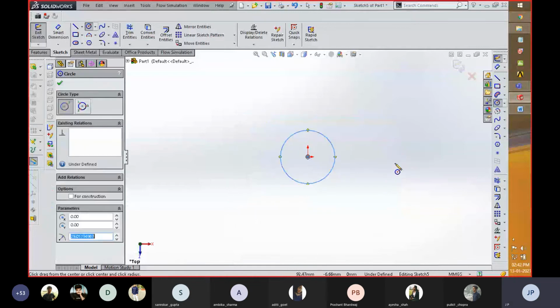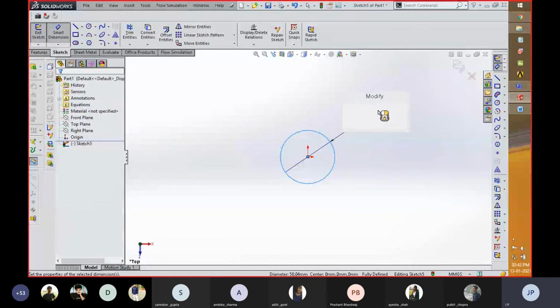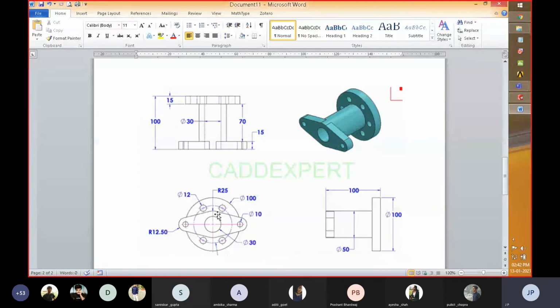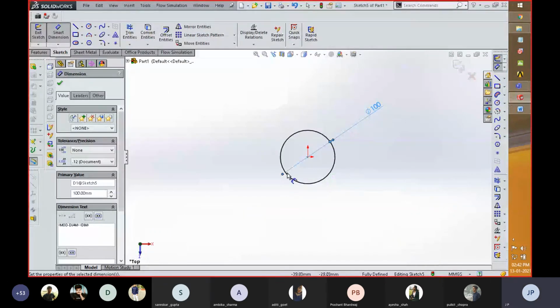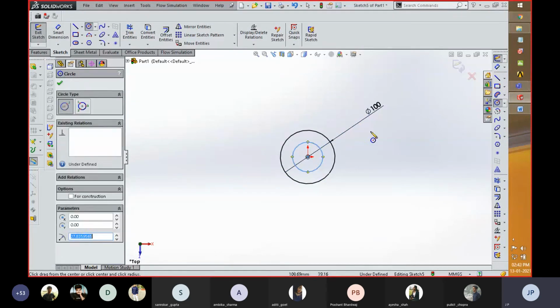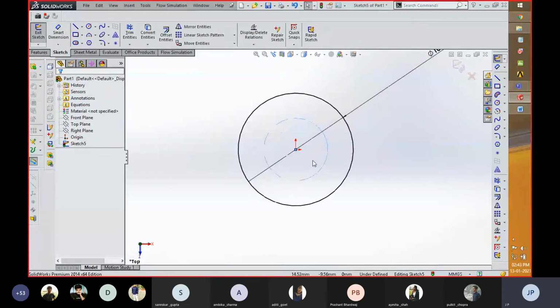Over here, I'm going to fill the value of 100 millimeter. Circle is created. And beyond that, there are a few circles which are going to be created at a certain distance, and the value is around 70 millimeter. For that purpose I'm going to create another circle, but this circle is not going to be used for creating the drawing. So for converting that circle into a construction circle, it is not going to be a part of this sketch. So this is the other circle which I created.